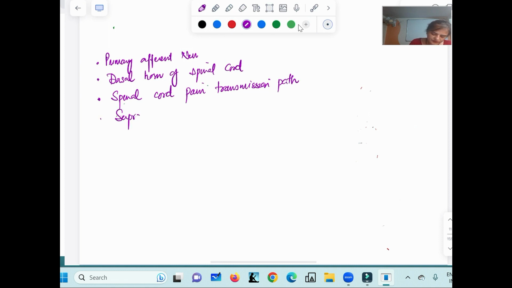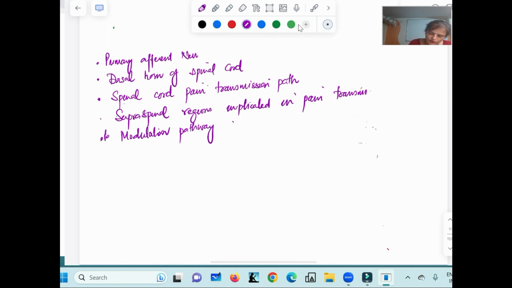देन सुप्रास्पाइनल रीजन, सुप्रास्पाइनल में आपका मेडुला, पॉन्स एंड मिड ब्रेन वो आ जाता है, ठीक है। Supraspinal region implicated in pain transmission. Then modulation pathway or descending pathway. Pain modulation pathway, a pain modulation pathway which includes आपका कौन सा, periaqueductal gray matter, nucleus raphe of the medulla, यहाँ पे भी आपके pain receptor they